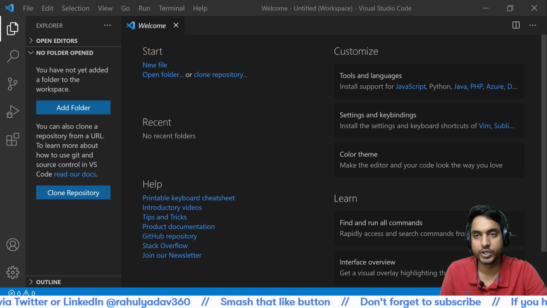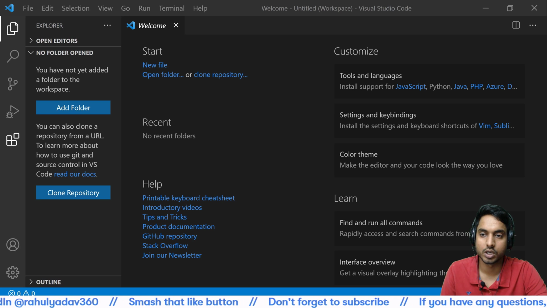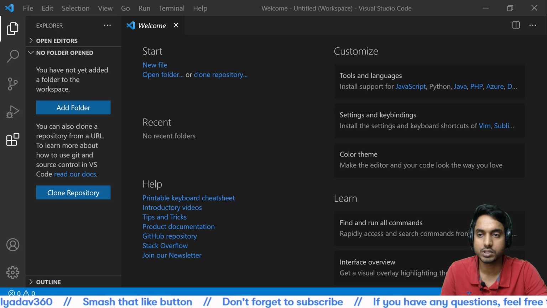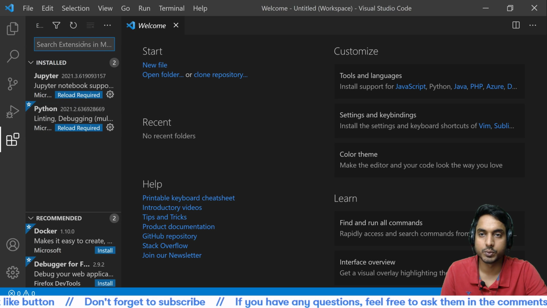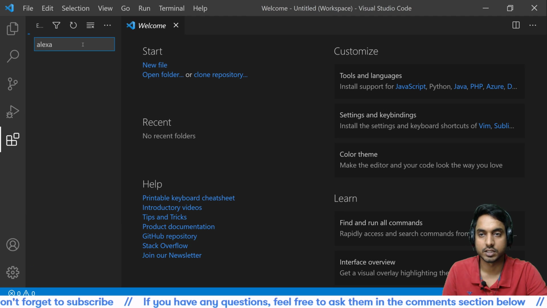So the first step you need to do is on VS Code, you see there is a console on the left side. There are these options. So the option at the bottommost, which is named extensions, just click on it and you will see a search bar over here. In the search bar, just search for Alexa.